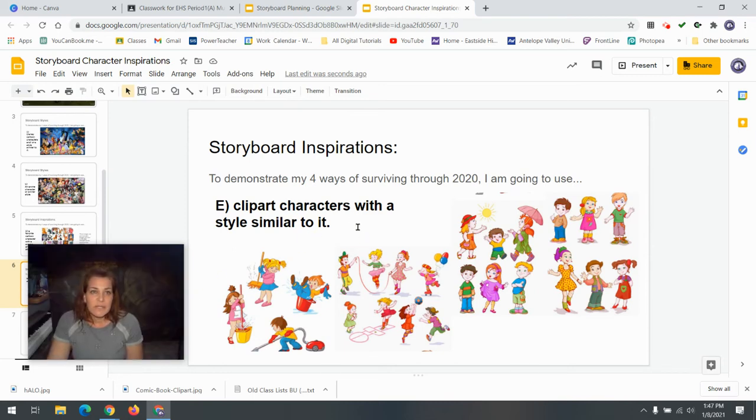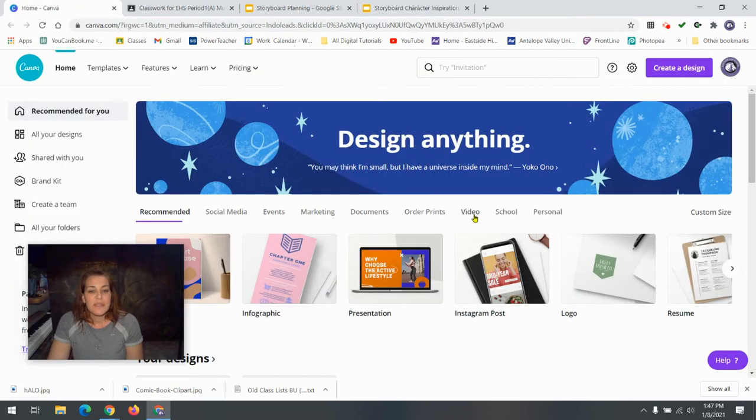You can also, and this is just throwing it out there, kind of an option, I know this is a free website resource. It's called Canva, and here you can do the same thing you could do on Google Slides, plus they have a huge library and resource of a bunch of different clip art that you can use, as well as some other images. So I'm just throwing it out there that if you do the clip art route, this is something that I would recommend you use instead of maybe Google Slides.